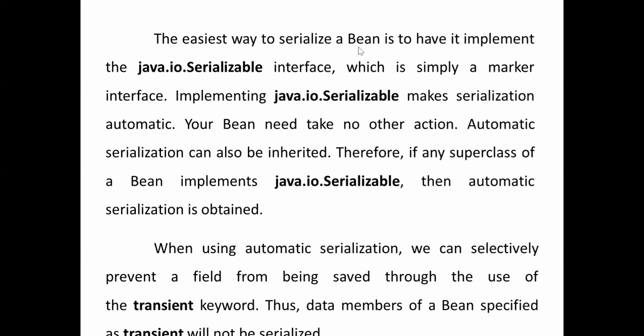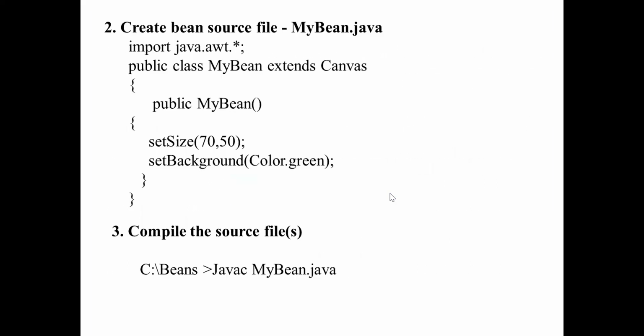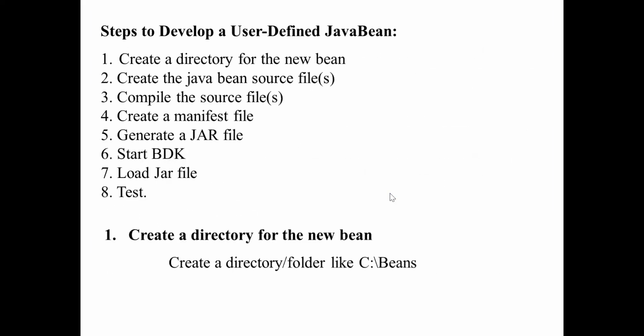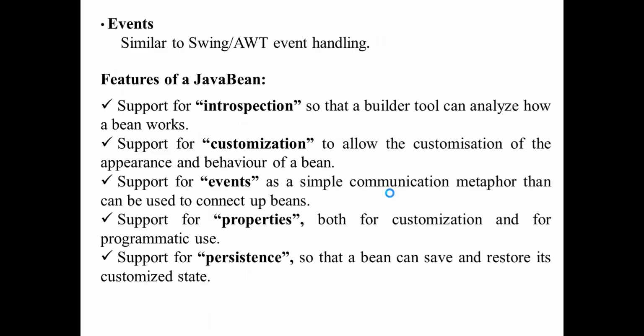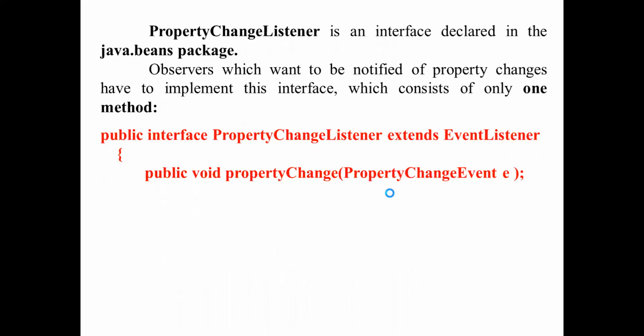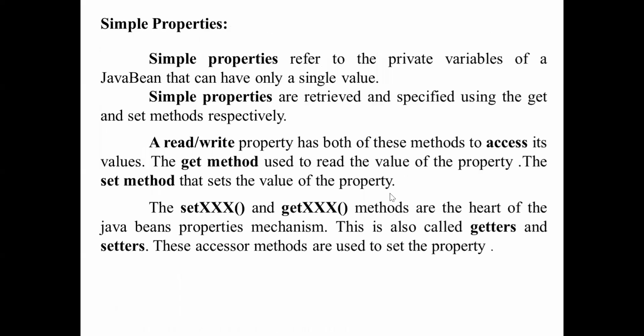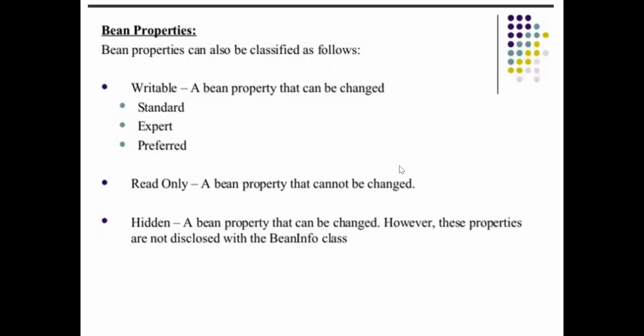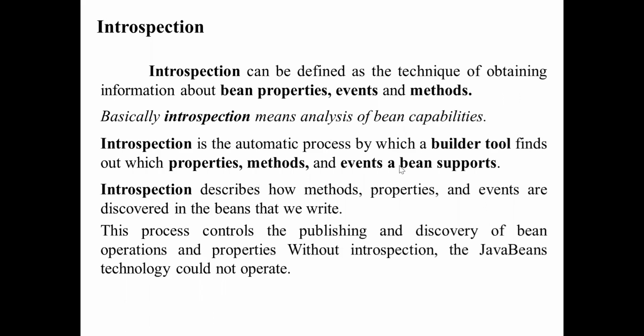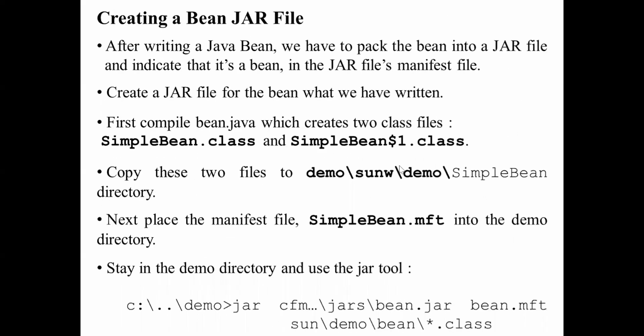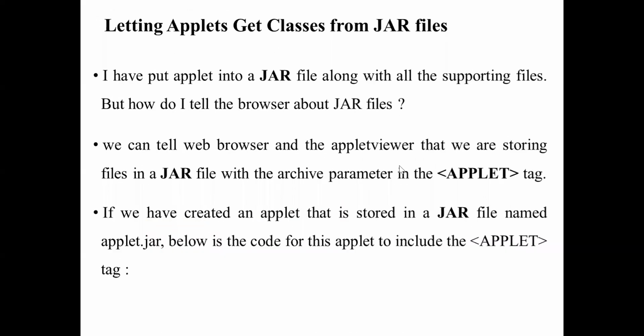So this ends module 3. Modules 1, 2, 3 are complete. This is only for developing the Java Bean; you can see the lab session. Bean methods are very important. How many types of bound property and bean property, customization, introspection will be asked in the examination.